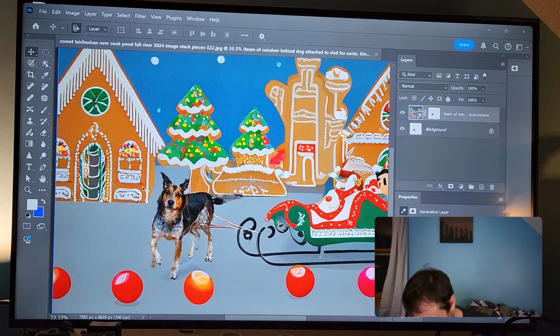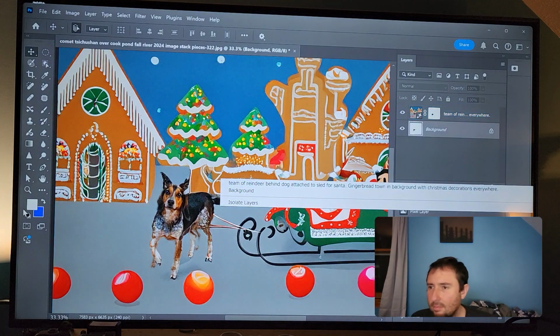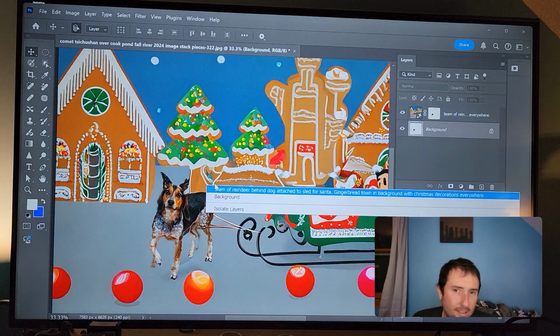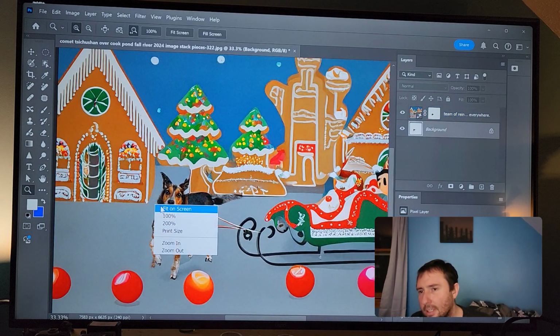I don't know what this is. So the dog's ears are disturbing. I don't know why it's making me rasterize this thing. Let me get this back to size here. Oh no, it won't let me. Double click it. There we go. Okay.